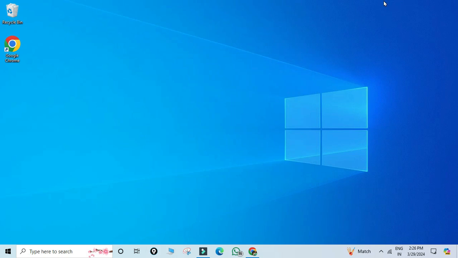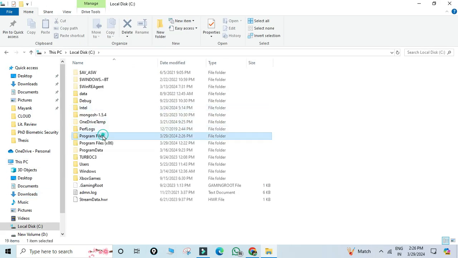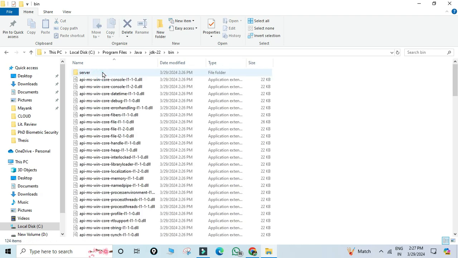Sometimes guys, if you are installing any external IDE and you are running a Java program over there, then for that you need to have the environment variable path. So now let me show you how to add a path to the environment variable. Okay, so guys, now I'm going to copy the path of my Java JDK. So I'm going to C:\Program Files\Java\JDK\bin, and simply copy this path because we have to set this into the environment variable.